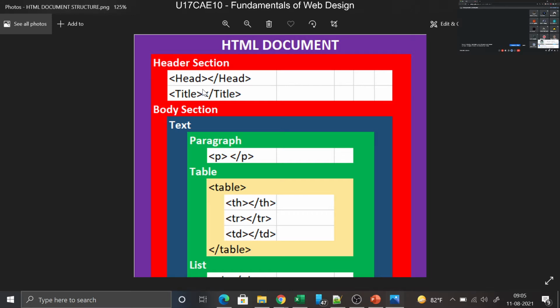So as I've told you here, any document, for example if you take our university website or any website instance, it will have the four mediums. What are the four different mediums? You study multimedia, right? What are the four mediums by which you communicate? Audio, video, text, graphic. You communicate using text, right?